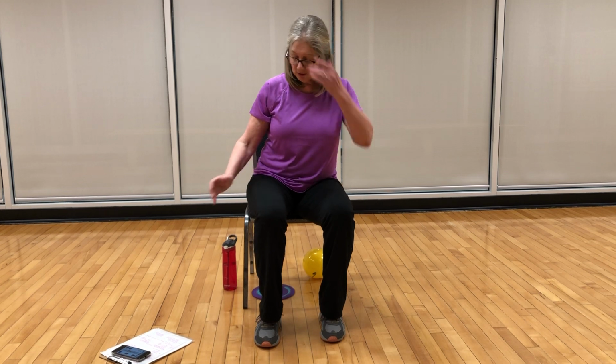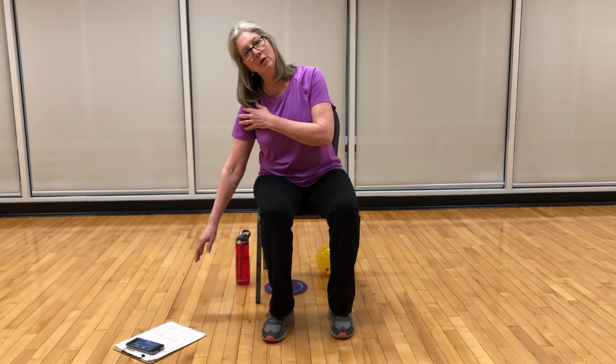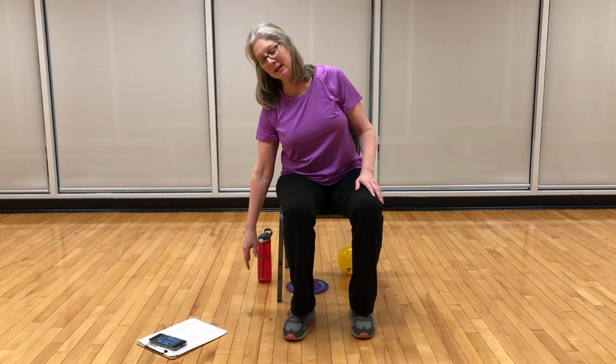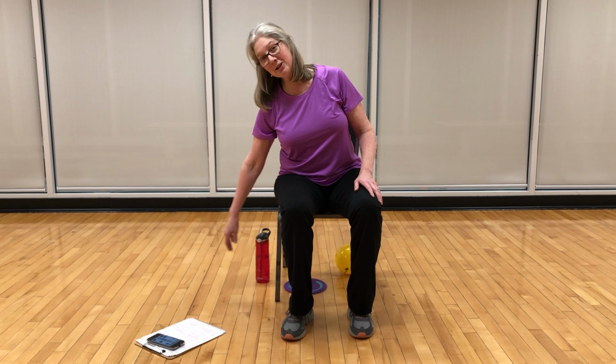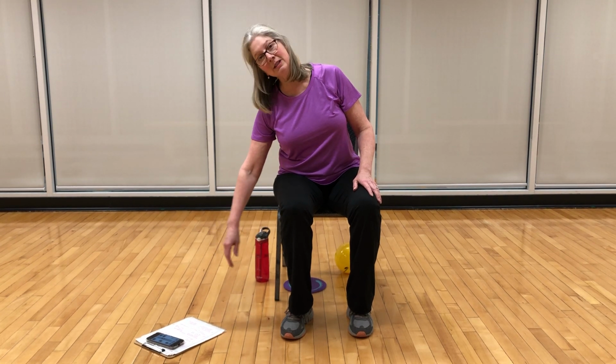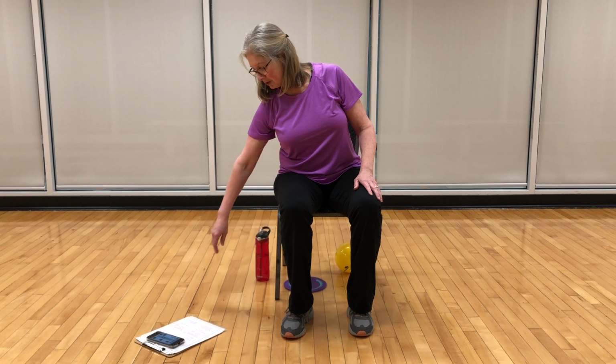And now let's do the other side, same thing. We're going to just rotate. Make sure there's no contraction in that arm, there's nothing tight. You're just rotating from the shoulder, and then we'll go other direction. And again, you could do this just with a hand on the counter in the kitchen or anywhere. Just a nice